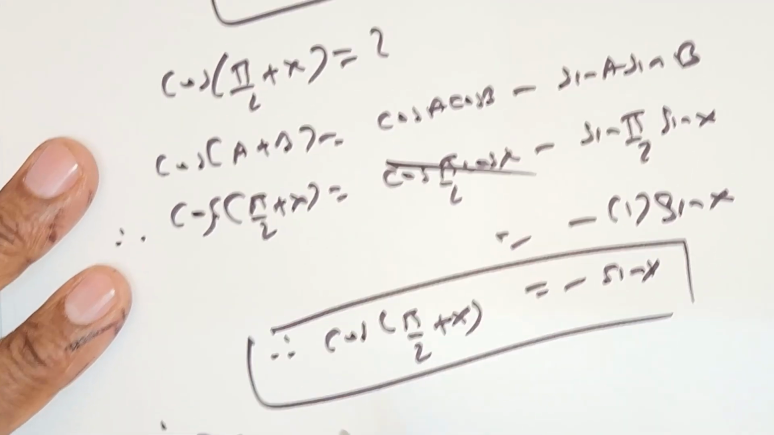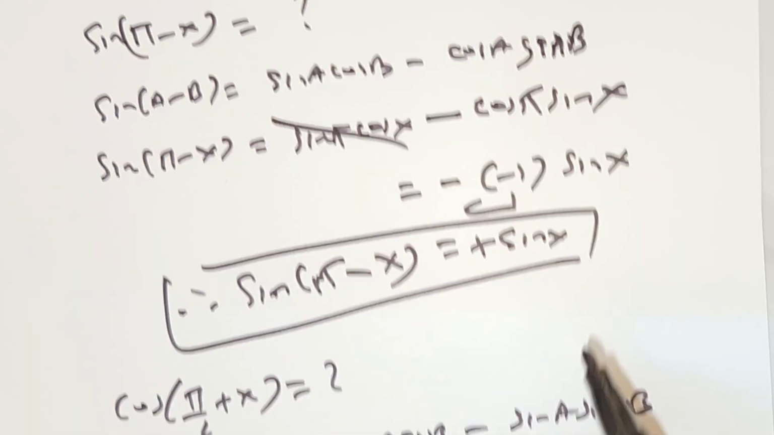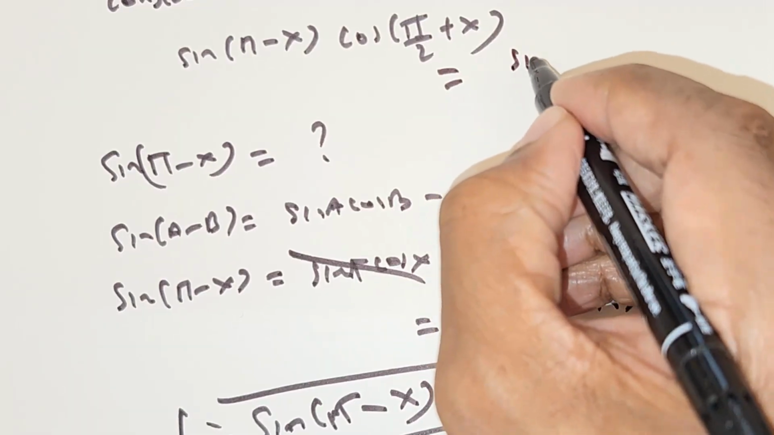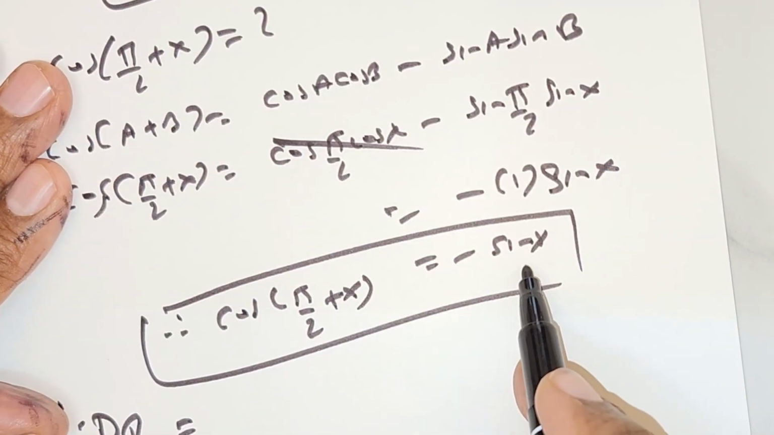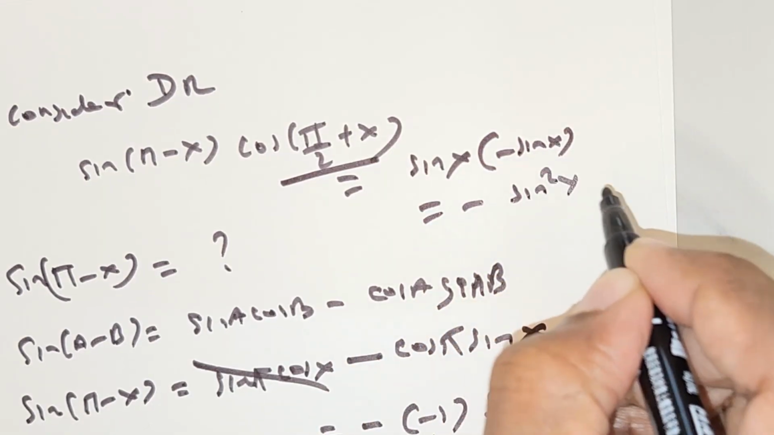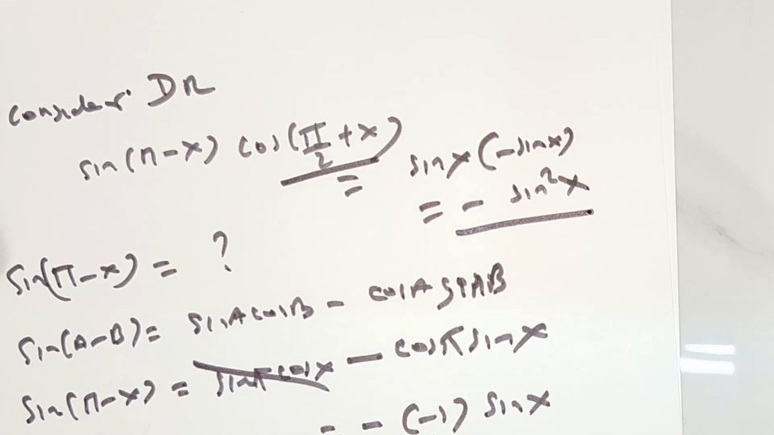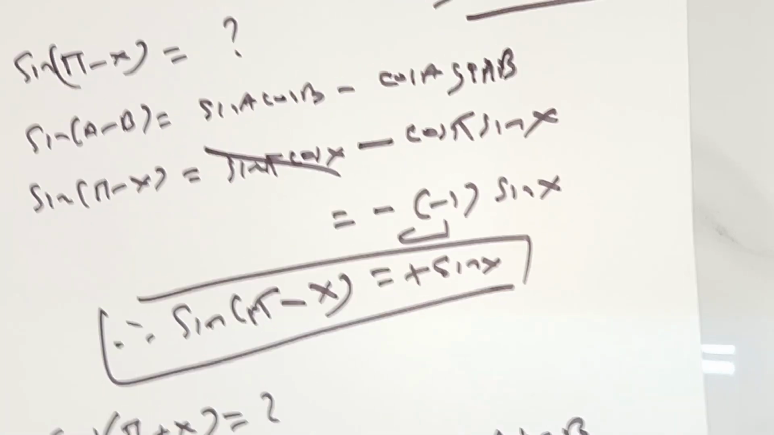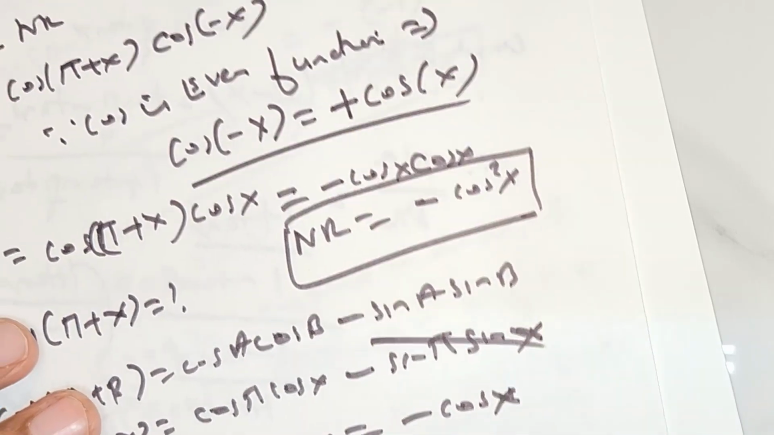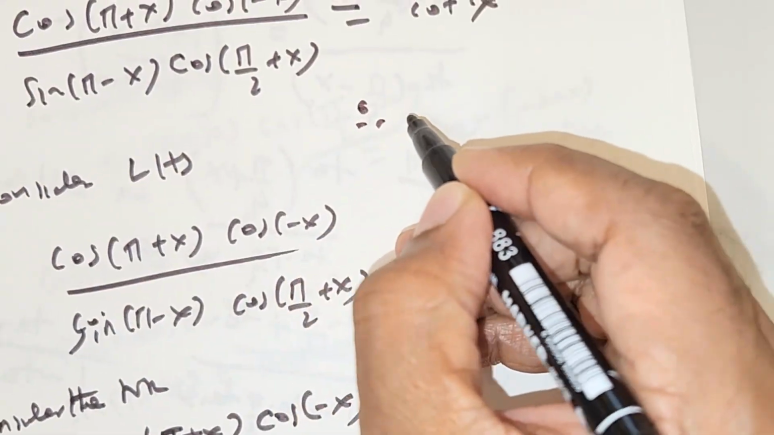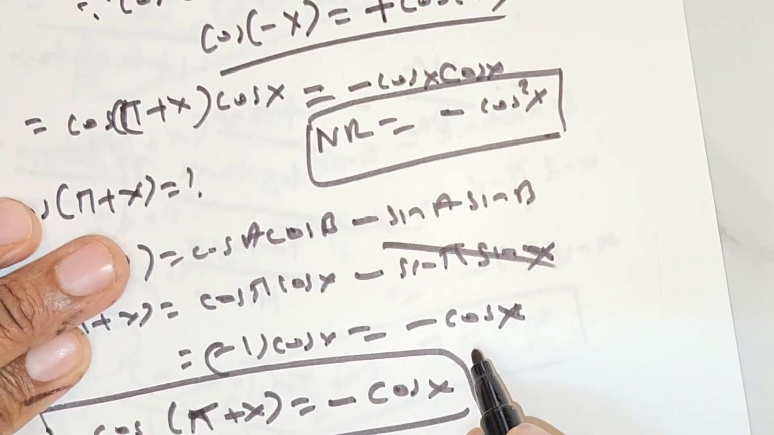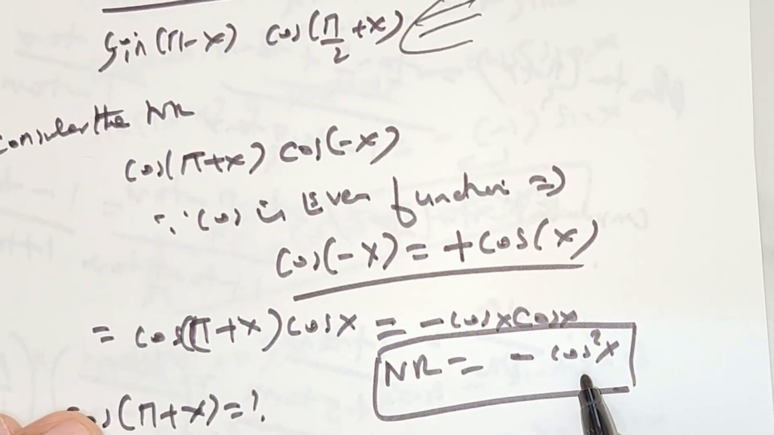So therefore the denominator is going to be, from the first result you got sine x. So in fact you substitute that sine x. From the second result you got -sine x. So you have sine x times -sine x, which is nothing but -sine squared x. Okay, so let me go back to the numerator. So I'm going to complete here. So therefore numerator divided by denominator is equal to -cos squared x